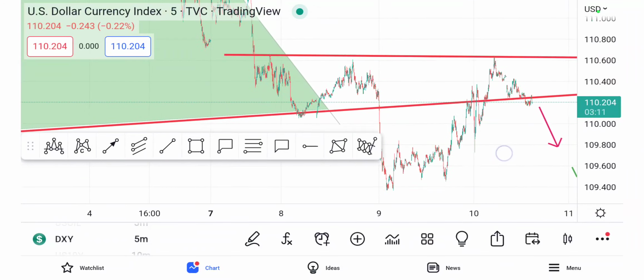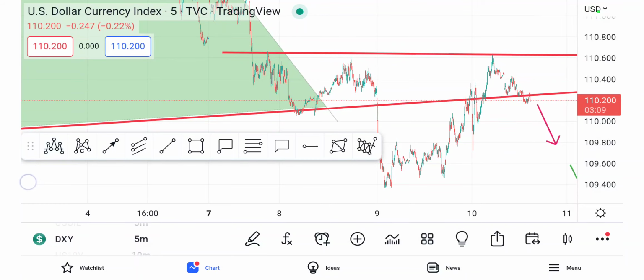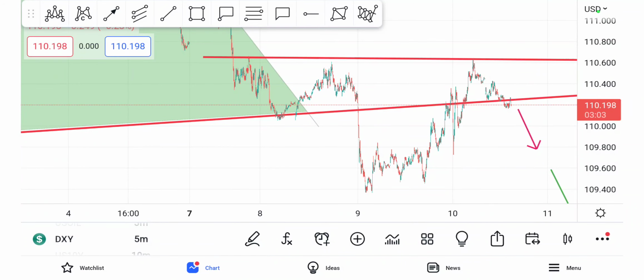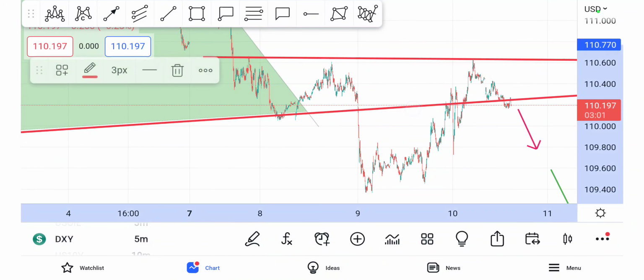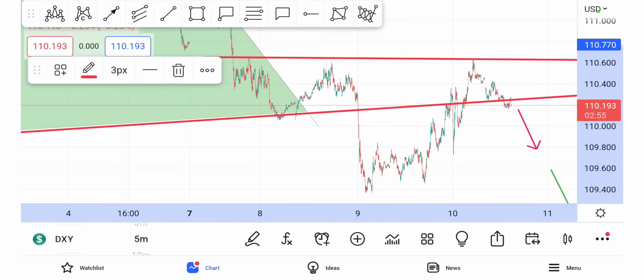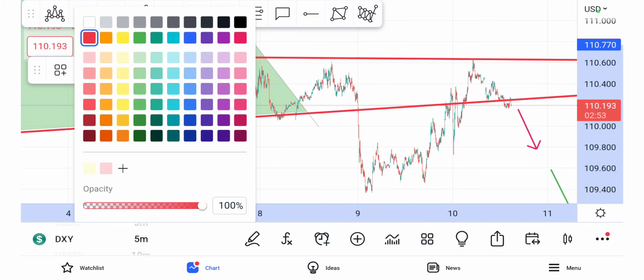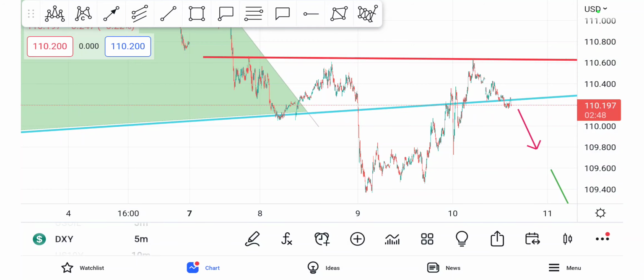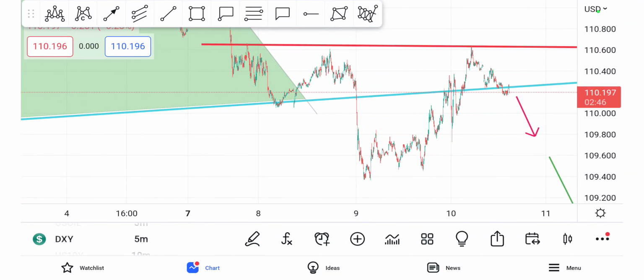Okay, this is how I know that there's not much buying power. If you look at the way we reapproach this big thick pink line, which I'll change to this color so that we differentiate between this one and the other pink line. If you look at the baby blue line, the way we ascended to that baby blue line here